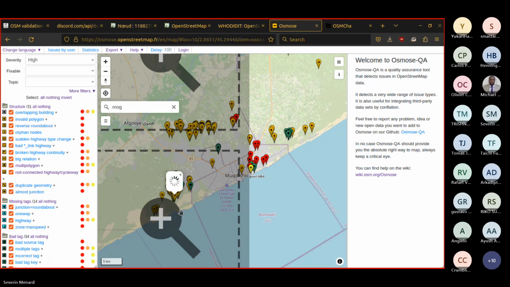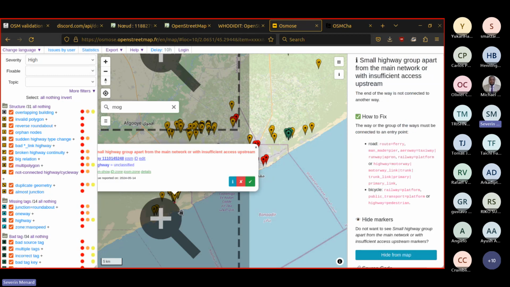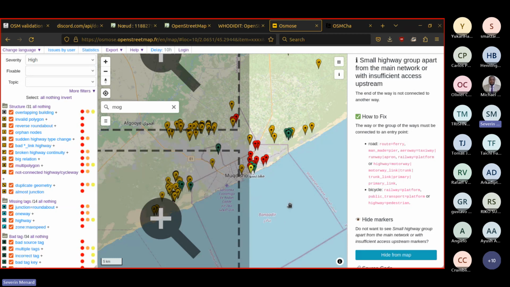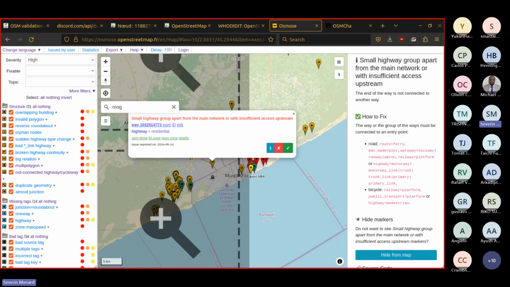I think that's interesting, because from this tool, we are all the same, and it is just monitoring for potential mistakes. And this is not because you can see that a supposedly small highway group is part of the network but actually disconnected. That's a fact. It's not because it has been made by such a user that I think it's good.